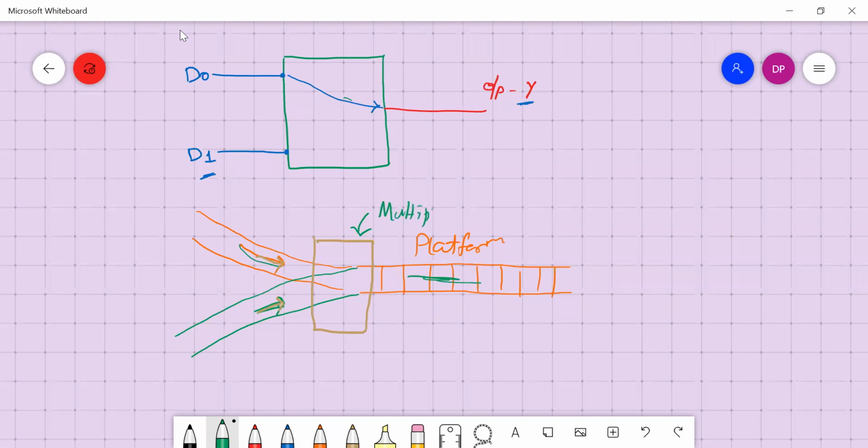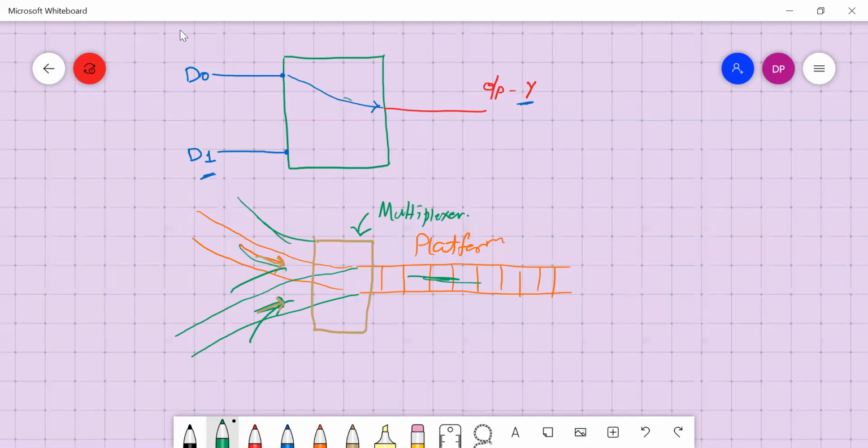Multiplexer. So if there is more than one input and we require only one output among them, we call this type of device a multiplexer. Now let's see how we can put it in a mathematical form and how we can give a logic to this type of scenario.